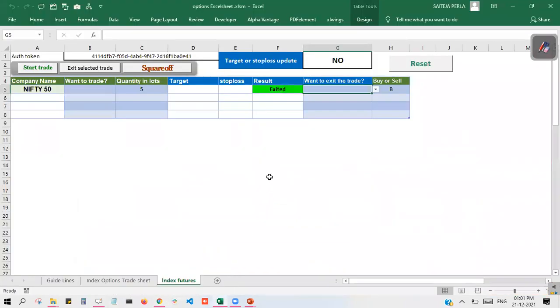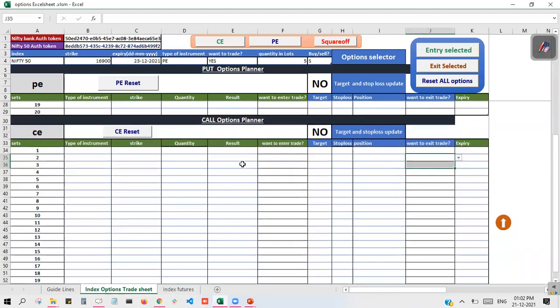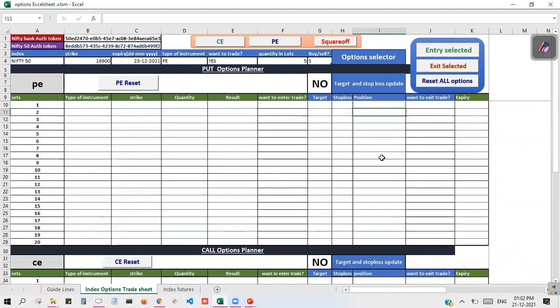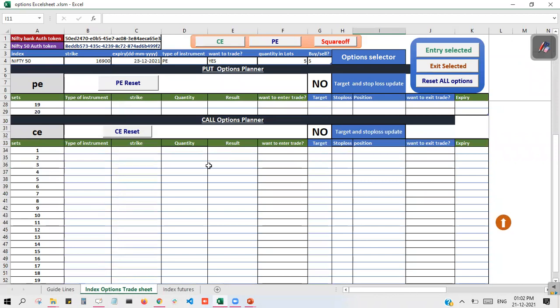Before going further, in order to place target and stop loss for these futures also, you need to change it to S. Then you need to update your target and stop loss for the respective position. If you don't change it to S and you update the target, that won't be updated in the TradeTron deployment, so keep that in mind. Suppose you are in the last position but want to go up, you can click this button and automatically you will go to the put option plan. This is how you can manage the positions.